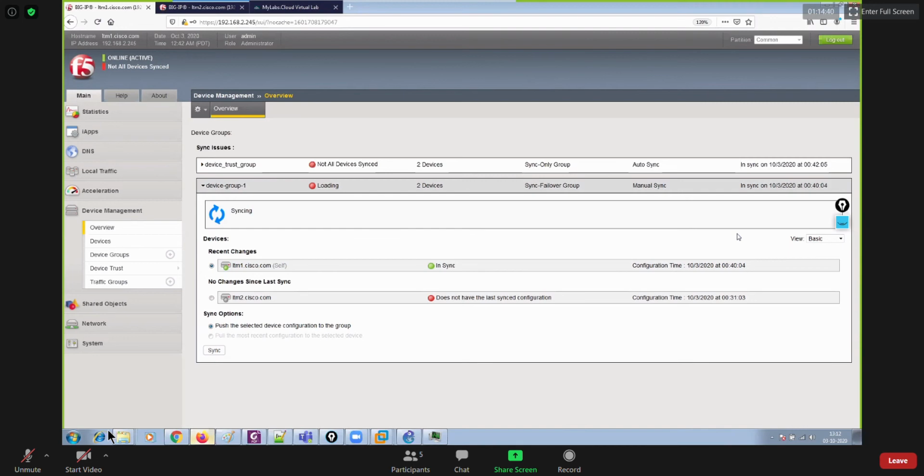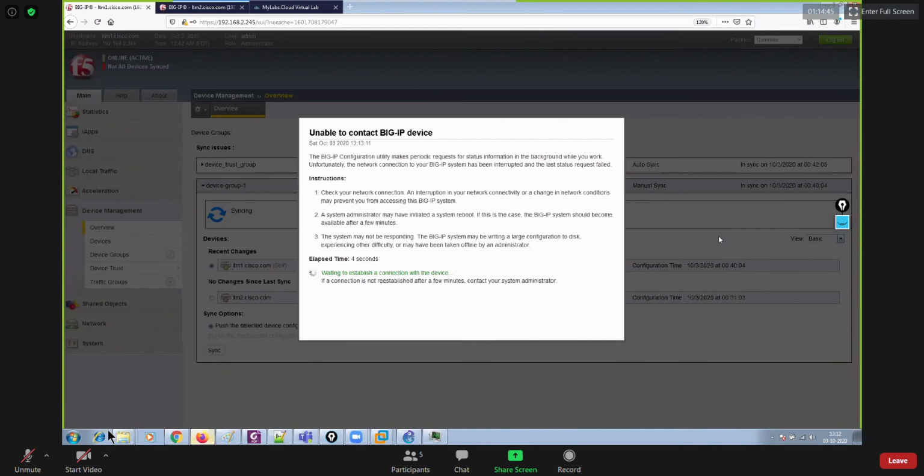Just a moment. My issue is due to CPU utilization, there is a huge latency actually, I would say.